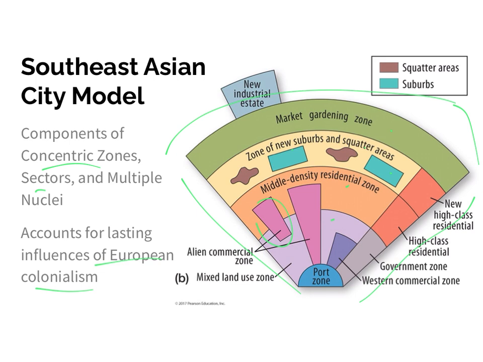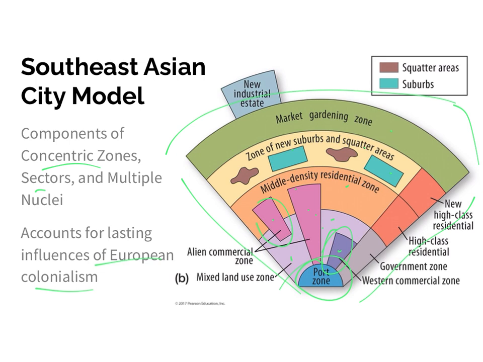So looking around, you can see most of the Southeast Asian cities are built on water. And so their version of a central business district is basically down on the water's edge, right? You've got a commercial zone right off the water. So the Western commercial zone, meaning the colonial, as well as the alien commercial zone, meaning the people coming in, or the original, right? Mixed land use,